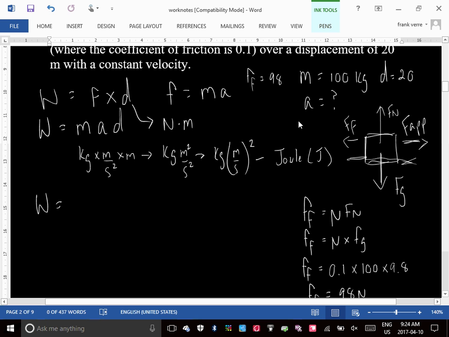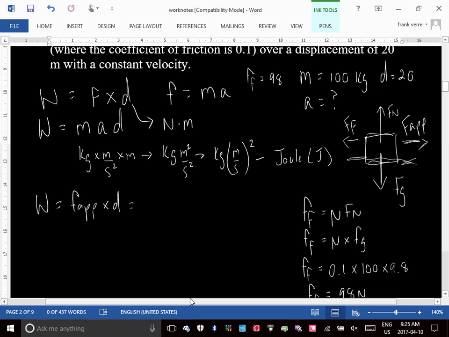Okay, now you have two ways you can calculate work. One is you can just do force times distance. The other one is you can do mass times acceleration times distance, right? So maybe in this case it's actually easier to use the force times the distance because we already worked out the force, but then I'll show you how we can do it with acceleration. Exactly. So if we think about the work that you're doing, it's the force that you're applying times the distance, correct? Now, in that case, we worked out the force of friction is 98, and that's pointing left.